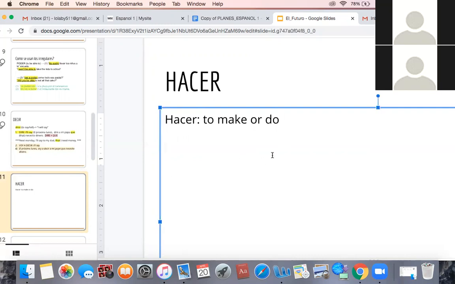Okay, so para hacer el futuro, so here's the future way, and we're gonna start again with the way number one, and this is where you start taking notes. The other one was just going over, okay? So if you want to put a title to your notes, un título a tus notas, hacer. Hacer is to make or do. And here's, maybe I should put way number one, okay? I'll just keep it in English for the sake of doing this fast. Bueno, entonces tenemos la manera número uno, way number one, y hacemos